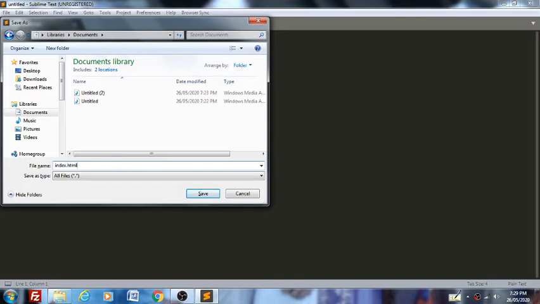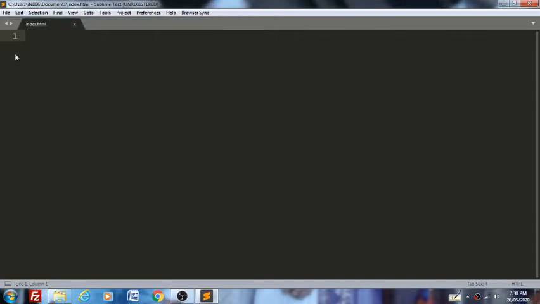Save it as htm or html, but I will save it in html. It is very important to write html. So click on save and it will be saved as html.